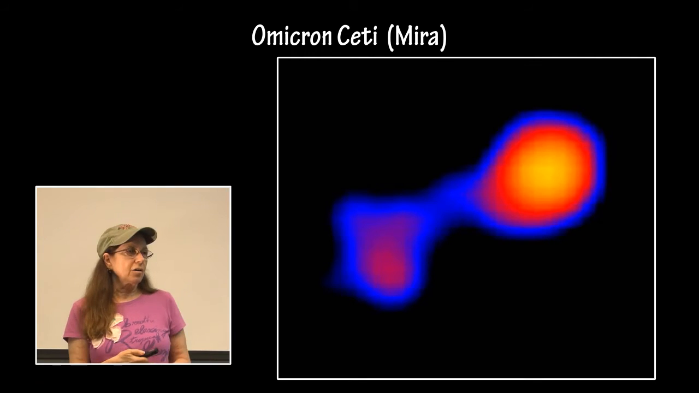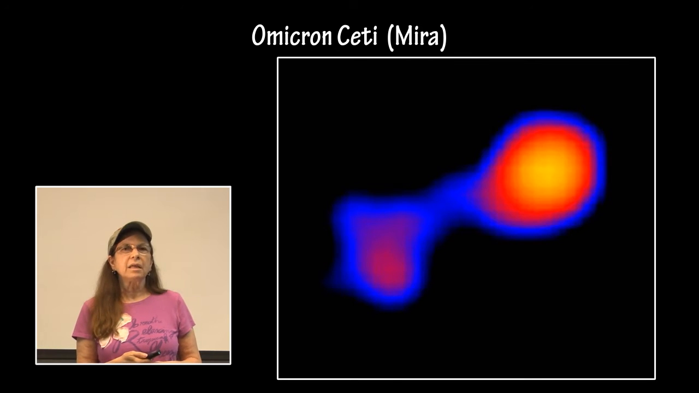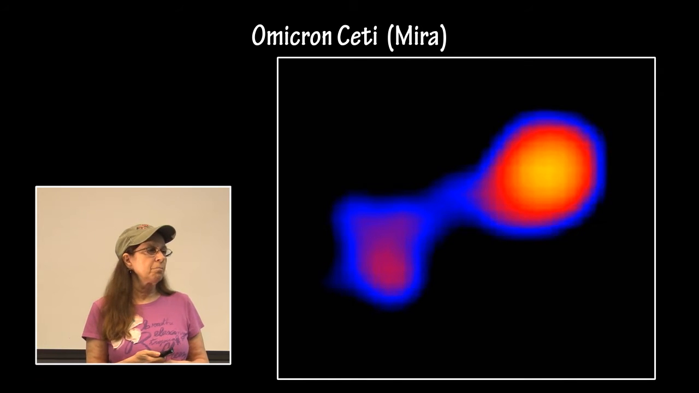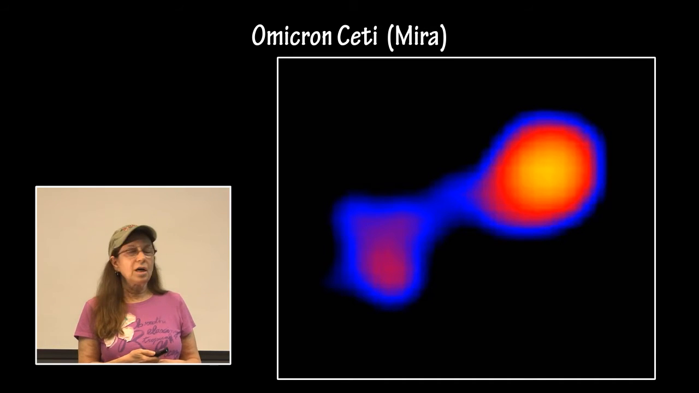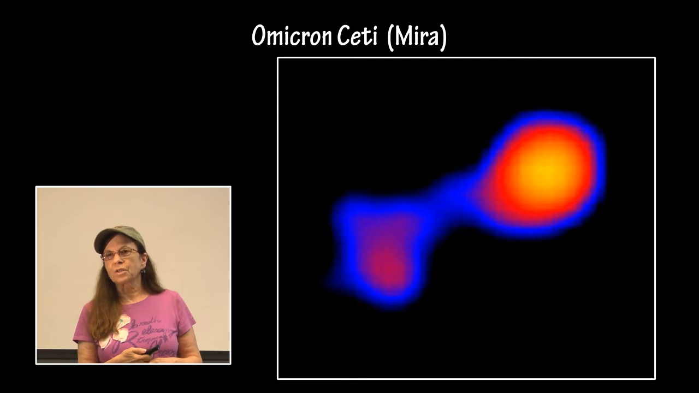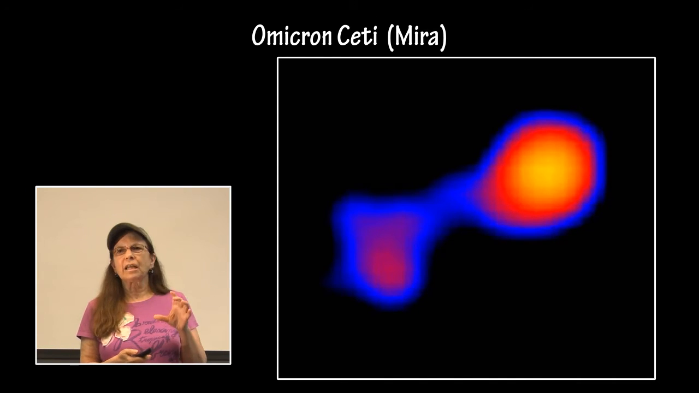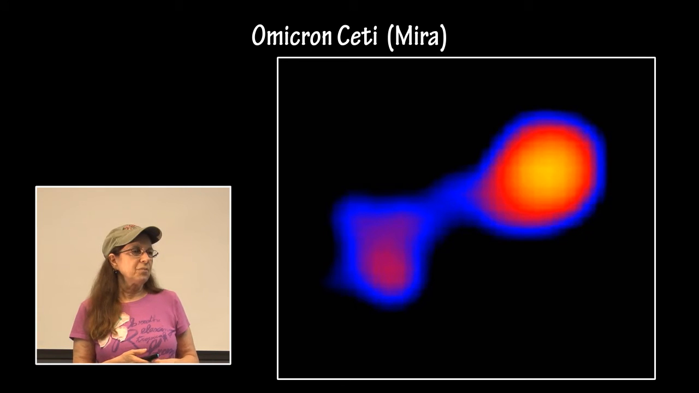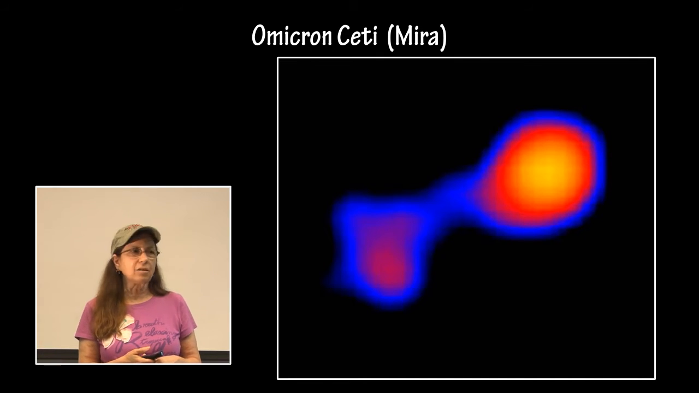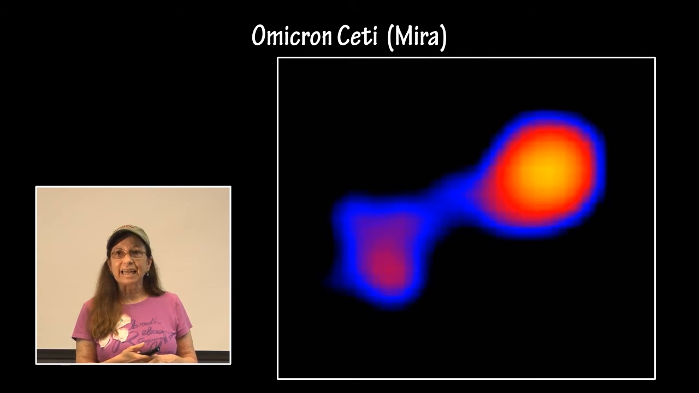Omicron Ceti, commonly referred to as Mira, is a red giant star. It is also a red giant variable star. This is a Chandra image, an X-ray image. It was seen for several years that Omicron Ceti had a really odd little bump on one side of it. And this Chandra image shows that that little bump is actually, not only is Mira a Mira variable star pulsating,